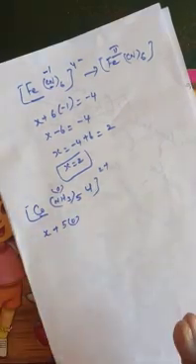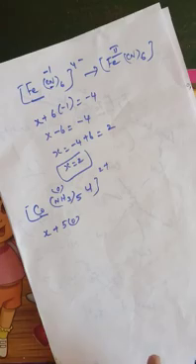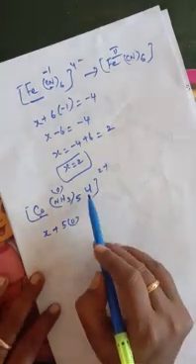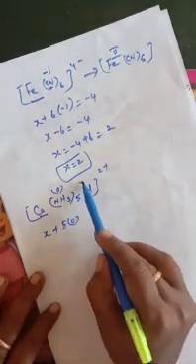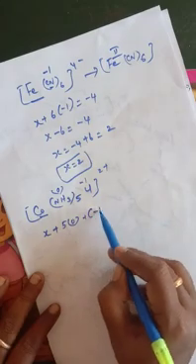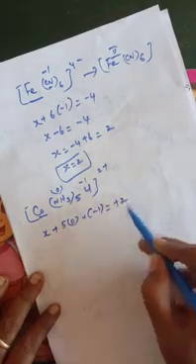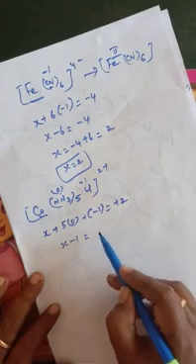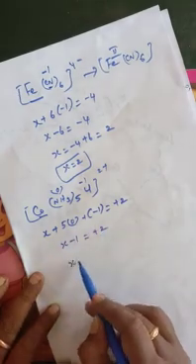Inside the square bracket we have 2 or more ligands also. Not only one single ligand will be present, maybe 2 or more. It may be negative or neutral. NH3 is a neutral compound, and Cl is a chloro ligand. It is negative, minus 1 oxidation state. Outside of the bracket plus 2 will be there. So x plus 5 into 0 plus minus 1 is equal to plus 2. Right? So x is equal to plus 3.